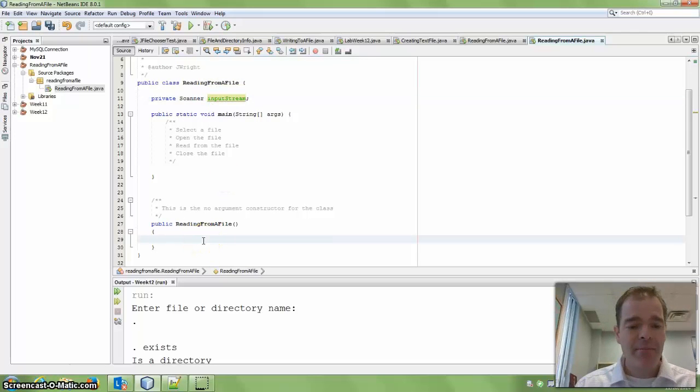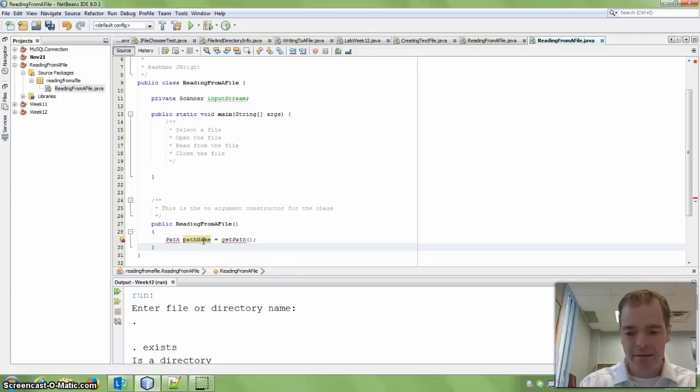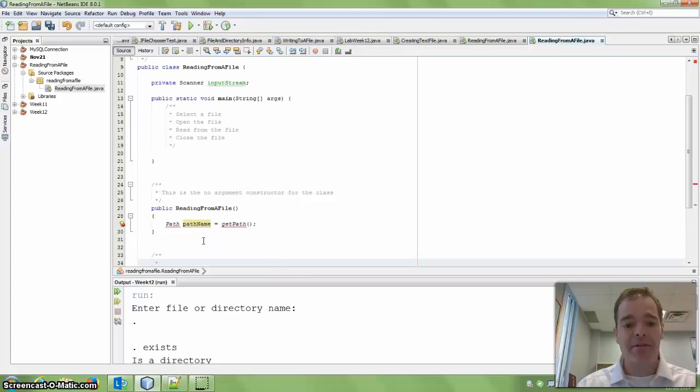So to do that, I'm actually going to call another method, and this method is going to allow us to use something called a JFileChooser. So what we're going to do here is I'll set up path to store our file name. The path name is probably the best. And then I'm going to say get path. So let's create a method that will return a path object